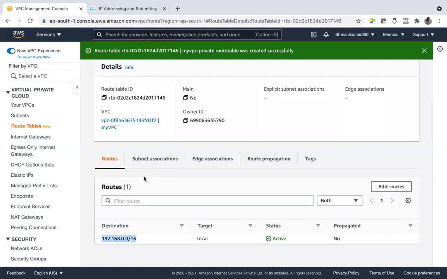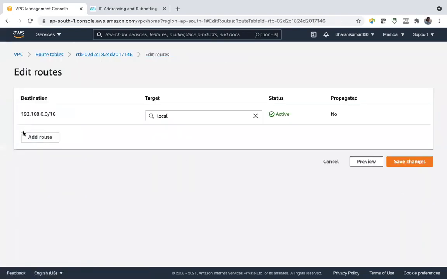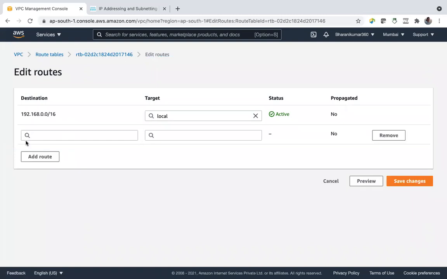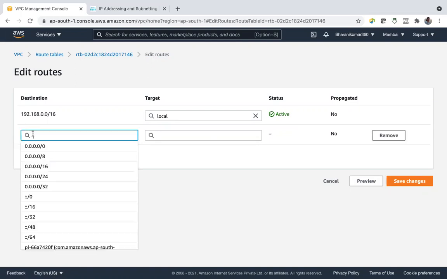And you can use security groups. So if I say edit routes, add route. Suppose I have a different VPC in the same account and I want this route table to allow traffic from that VPC also. Still, the route table is private. It's not capable of routing traffic to internet, but suppose I have another VPC with 170.